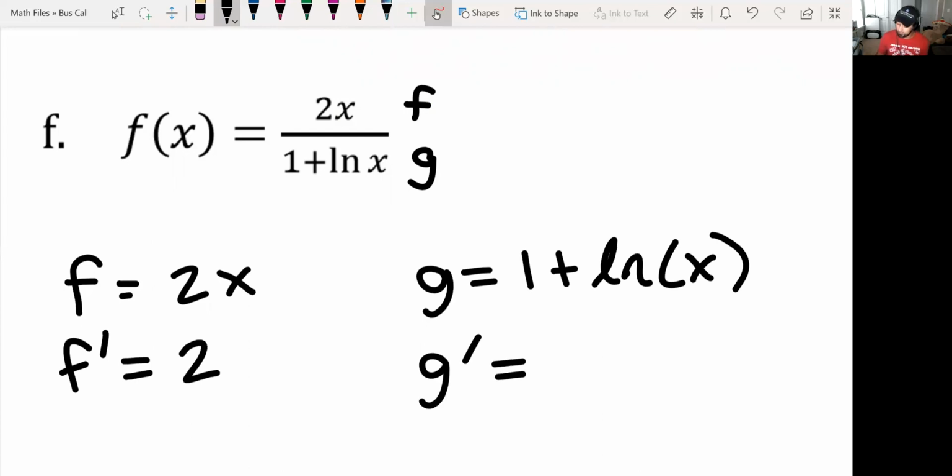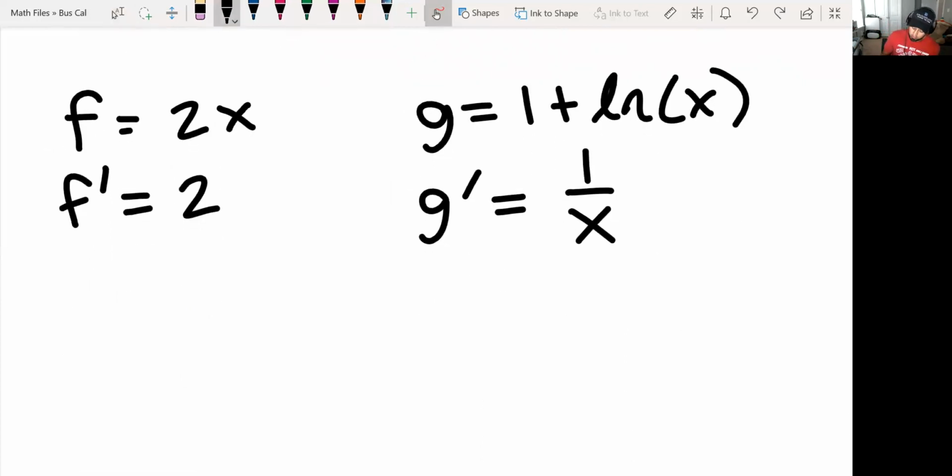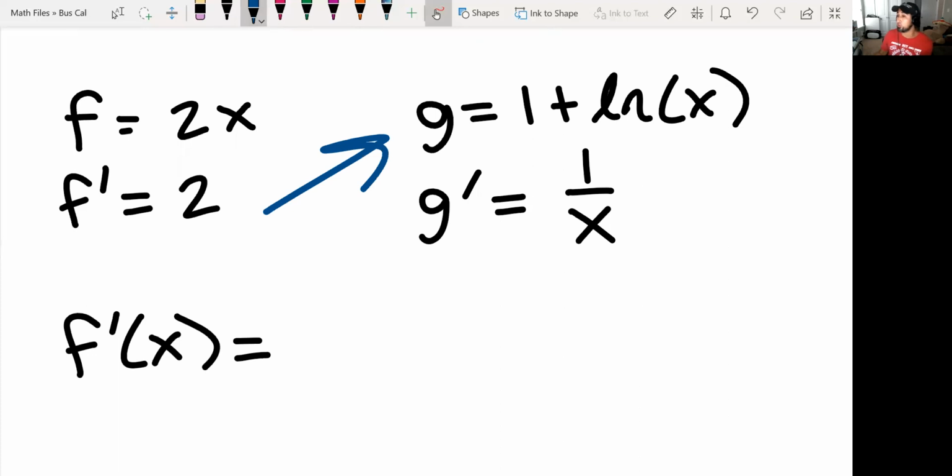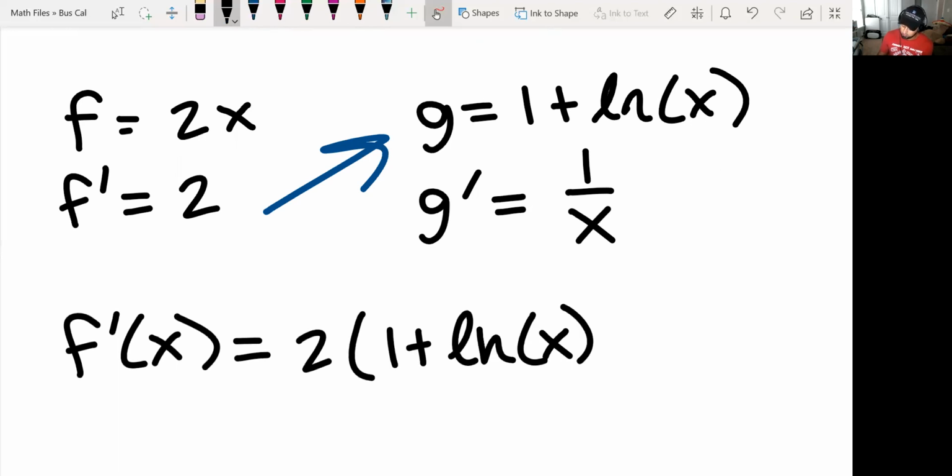Derivative of g is 1 over x. Taking the derivative of f of x, so down below, f prime of x, and follow your quotient rule. 2 times 1 plus the natural log of x, minus